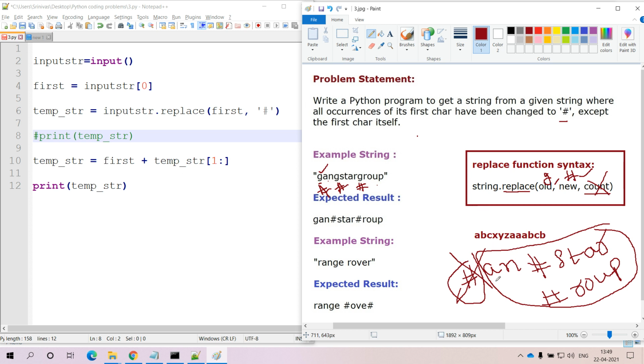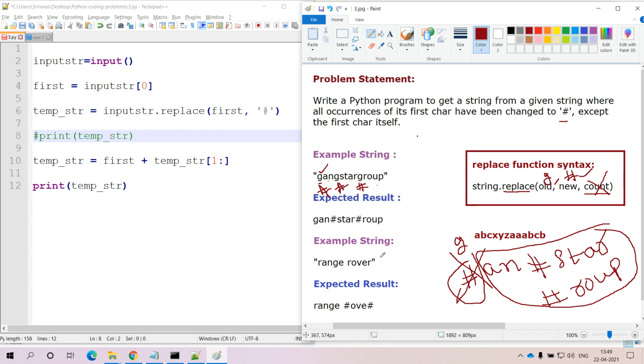So you will get this entire string apart from the first index position. Now for this string we are concatenating the first. Within the first the value that is available is G, so that instead of hash we are trying to replace it with G. The final output that we are expecting here is GAN hash STAR hash ROUP. That is the thing that we are getting.